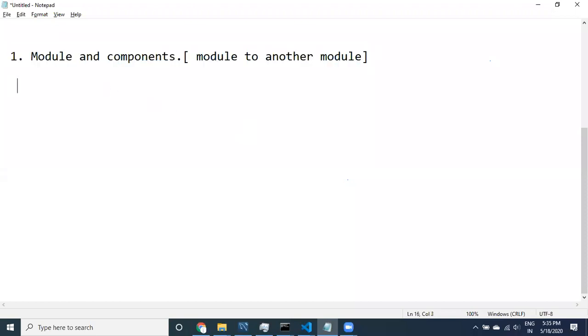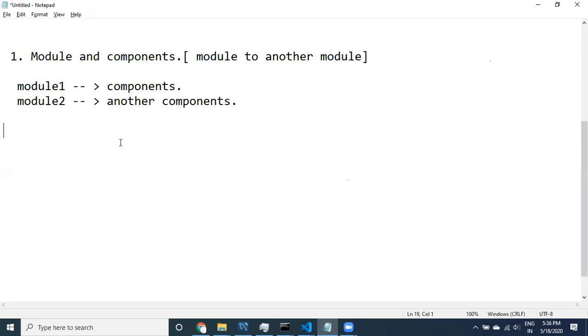So see here guys, you can create a module, and inside the module you can create components. Again you can take module 2 and create other components. Fine guys.